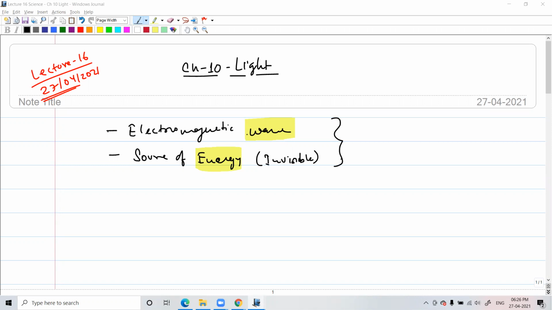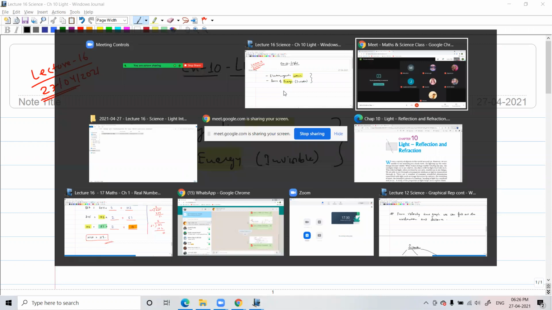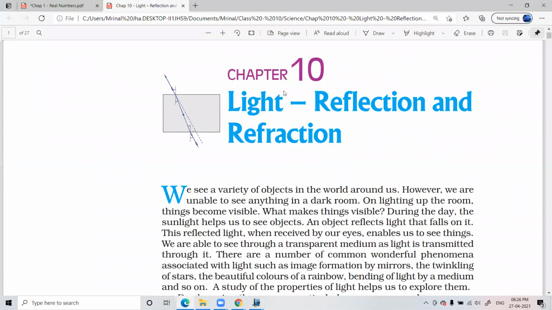Anyway, let's get back to our 10th question, and I'm going to tell you what we are going to study in this 10th question, light chapter. So we are only going to study about how light behaves in different environments. This behavior of light, we can call it a phenomenon. What are the things light can do?